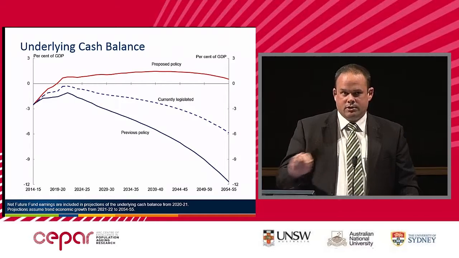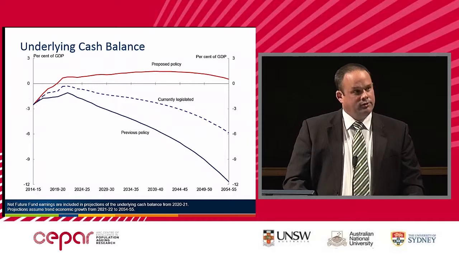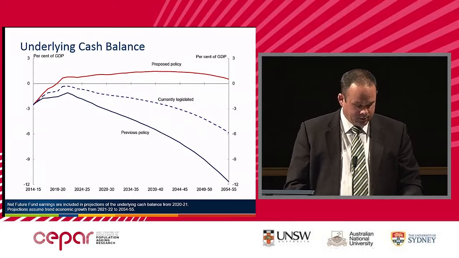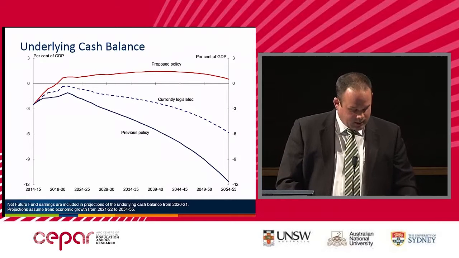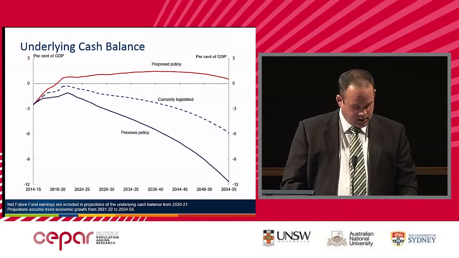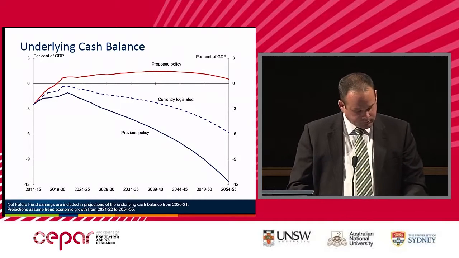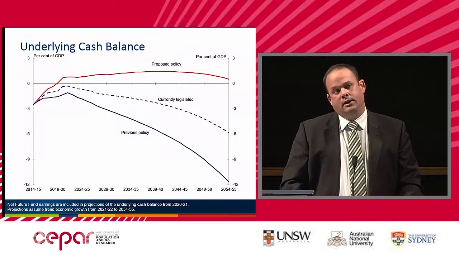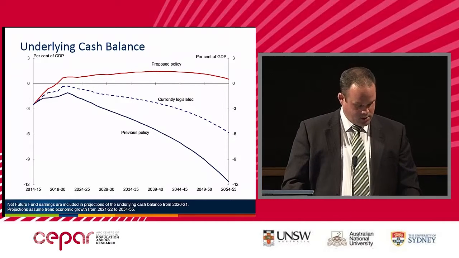In terms of the individual spending pressures, the proposed policy scenario still sees significant increases in spending as a share of GDP across health, the NDIS and aged care. Those would be the major contributors to growth in spending. The currently legislated scenario shows that under current policy settings, the age and service pension is another area where there's a significant increase in spending as a share of GDP. We also produce numbers in the back of the report that show spending in real per capita terms, and there perhaps the story is not so scary.